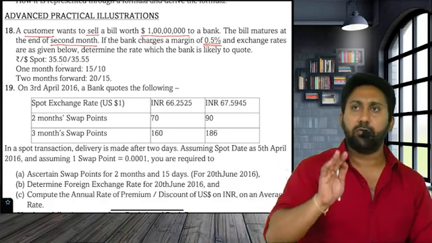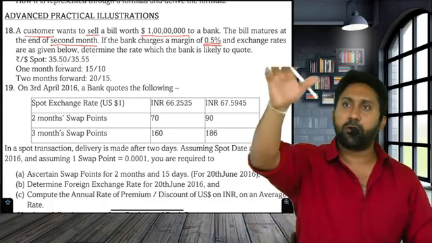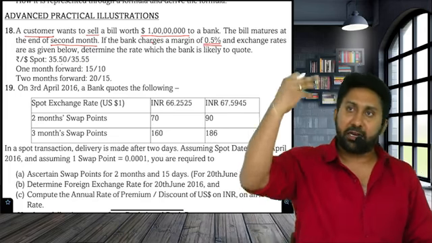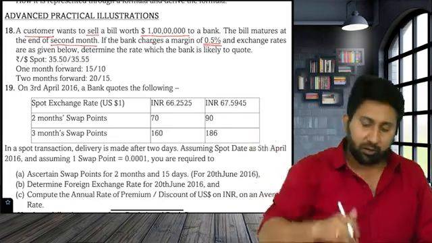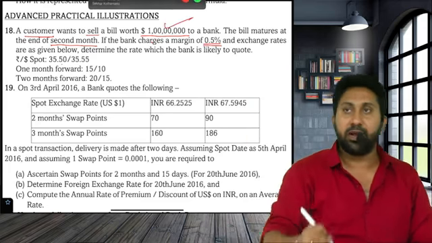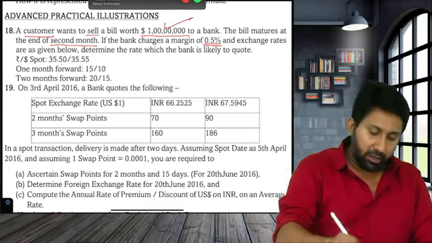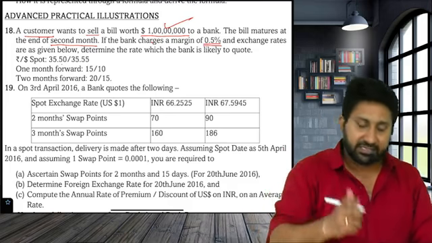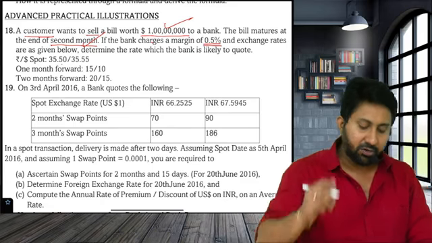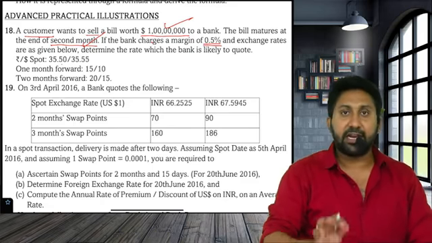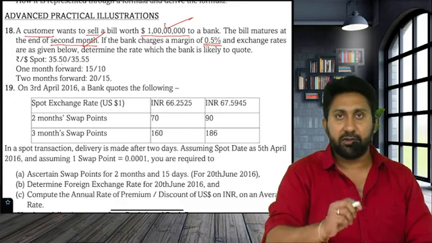You are trying to make a normal sale. You exported goods worth 1 crore to a particular person. You are the exporter, the importer is in the USA. Goods worth 1 crore, you made an export sale. Now on this export sale, you will be receiving the payment not today, it's a credit sale. It will be received at the end of the second month. So now the question is, at the end of the second month you are going to receive your 1 crore